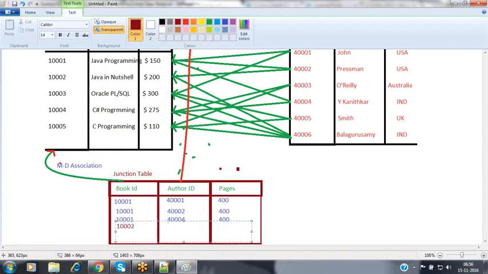This has been prepared by the pressman, 43002, and the number of pages is some 550 pages. The same book has been prepared by one more other, some Balaguri Swami, some 43006. Now the number of pages is some 550. Like that, here we can map that association.